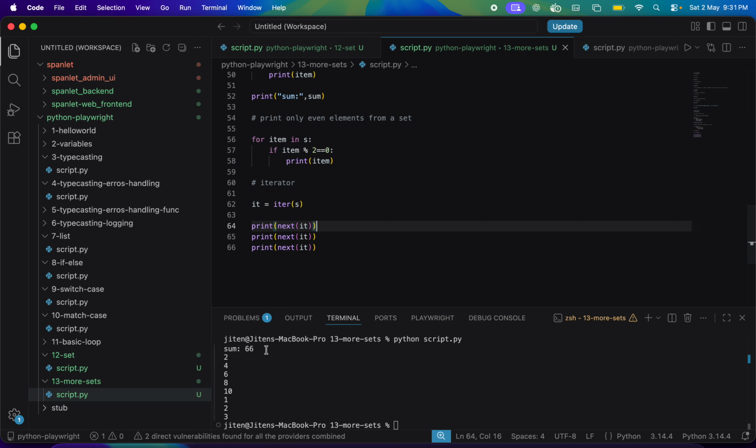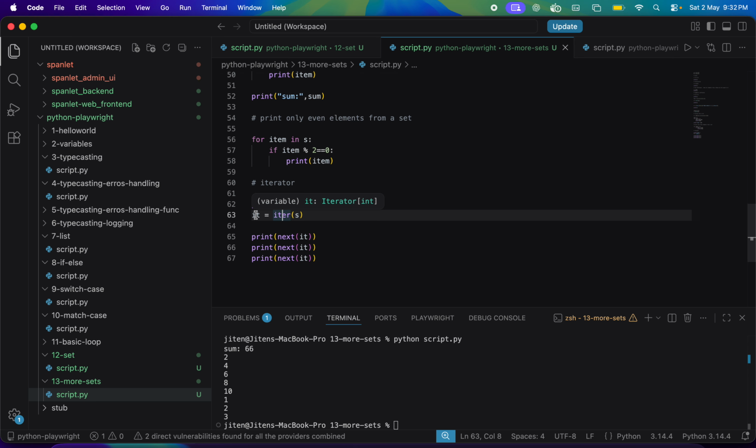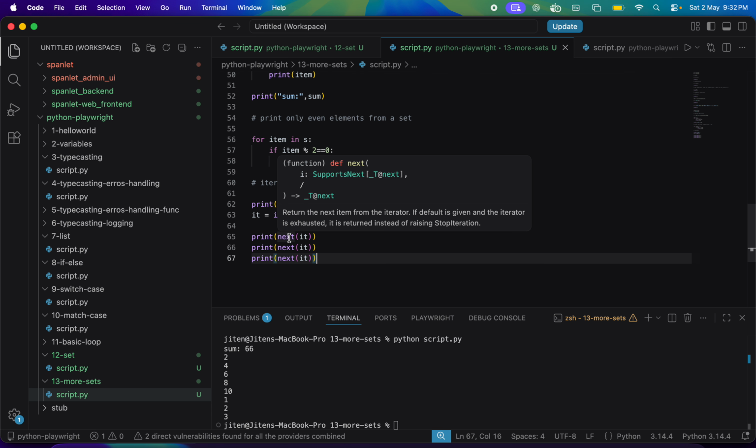Okay, how do you get this? This is an iterator. You convert the set into an iterator, and from the iterator you keep on getting next, next, next like that. You need to check what the iterator is going to return. You can check that, and based on that,